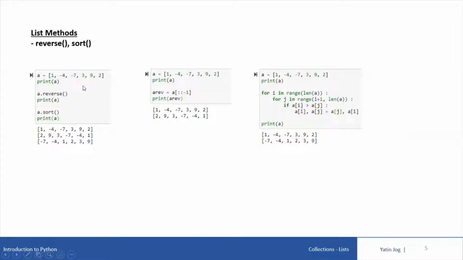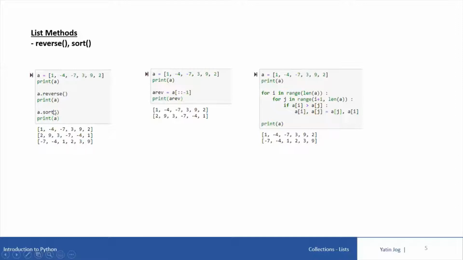But now if I want to print the reverse of A, I'll first invoke the reverse function with the list variable A. So when I say A dot reverse, this reverse method will be executed on all the values of list variable A, and it will actually reverse all the values of the list variable A. So 2 will come at first location, 9 will come at second location, and so on. And then if I say print A, it will print the reverse of the original list. So 2 is present at first location, 9 is present at second location, likewise the 1 is present at last location. So this is the effect of reverse method.